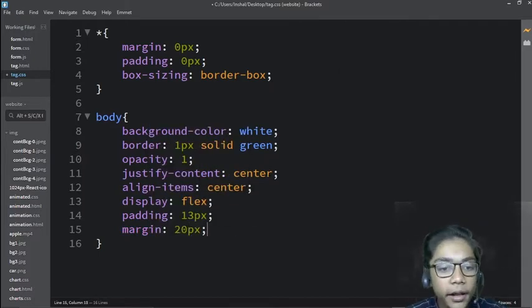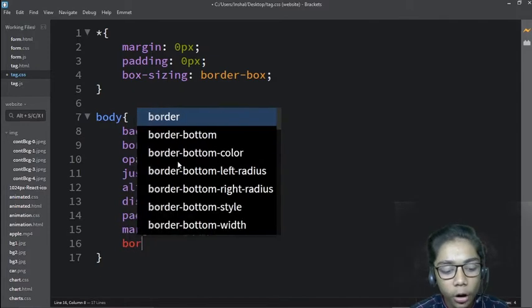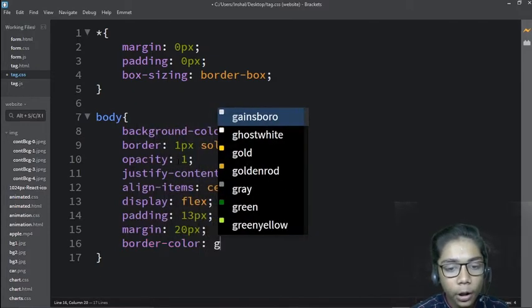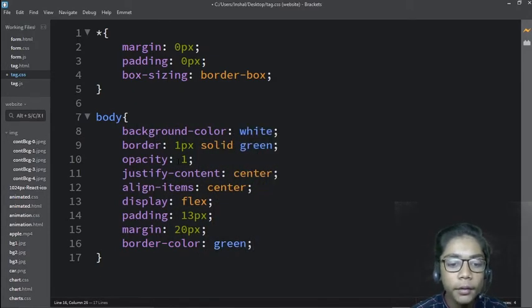Now when you've done that, you have to come and write over here border color. So I will write border color green, because like I've shown you, my input tag had a green border color. You might be thinking I have to write my border color in my input tag, but I'm writing my border color green in my body tag, because our body tag should also have a green border. With that, my input tag will also have the border of green, like I've shown you.